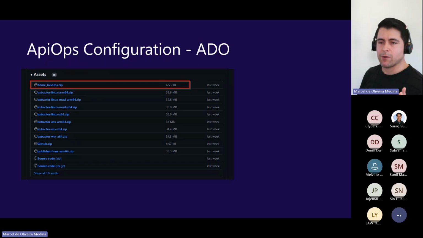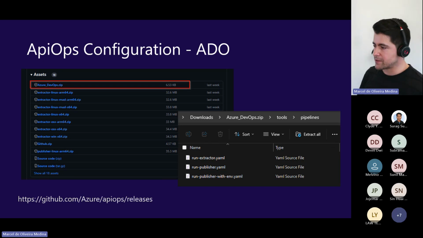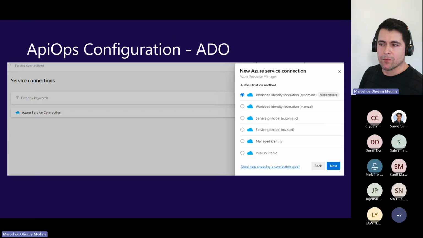And there will be one specific for DevOps, which is this one. As you get the zip and you extract, you're going to see that we have those YAML pipelines. They're ready to be used, really. They are available under github.com/azure/APIOps/releases.